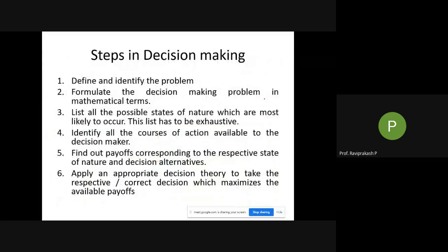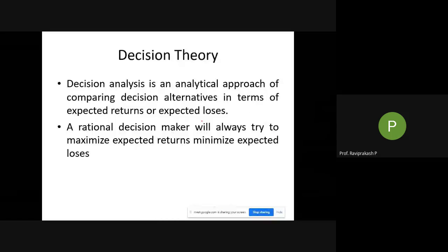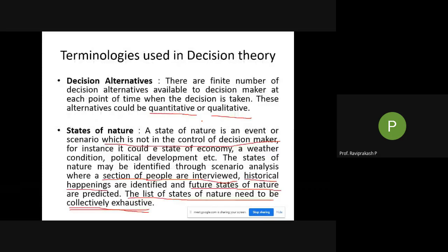Next, coming to steps in decision making. Take this down. I'll just dictate, then I'll explain what we are doing here. There are 6 steps. So write down steps in decision making. I don't know whether you have taken these down or not, but even this you had to take down. From the first I'll start, then we'll go there.